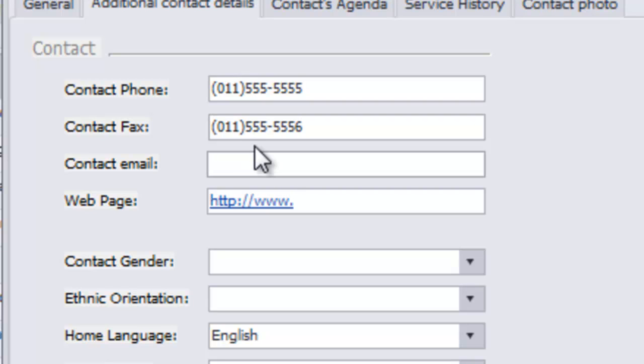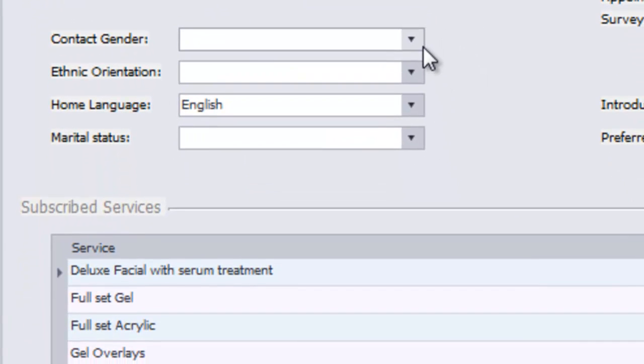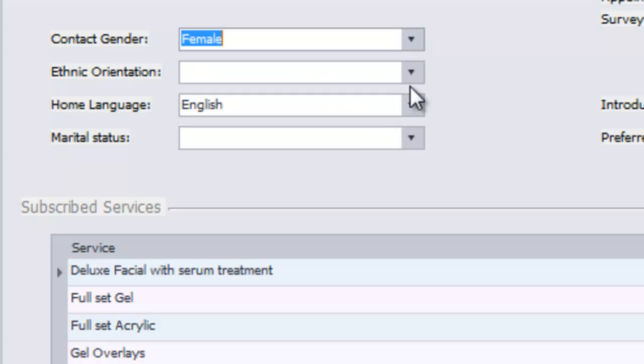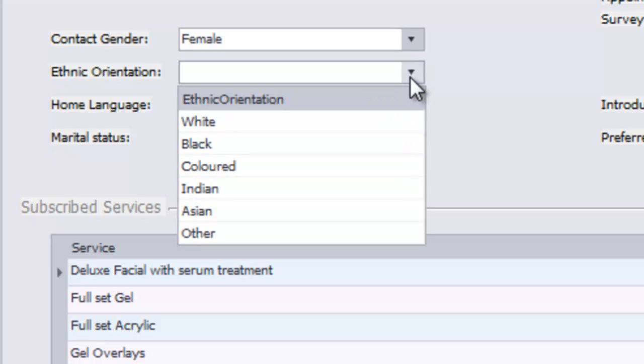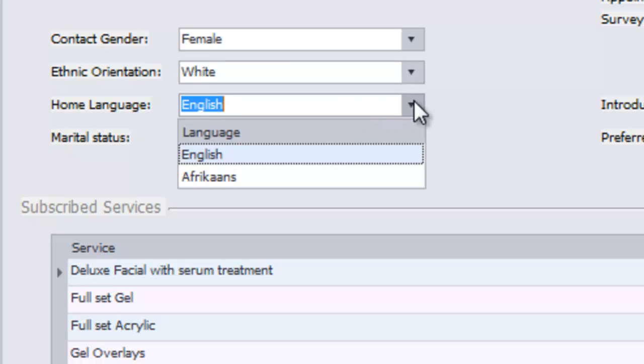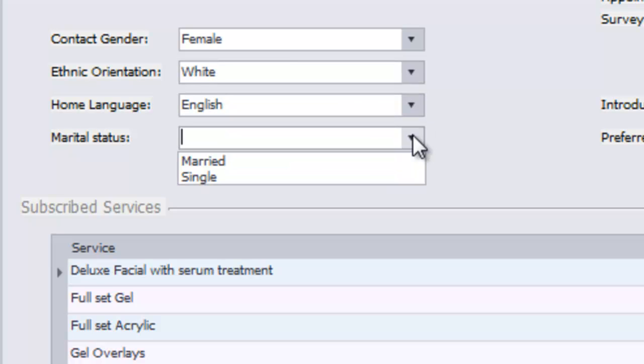I'm also going to collect this client's email address, because we will be tying Salon Studio up to email marketing and to bulk email. So let's pretend that it's gabby@gmail.com. The next thing we're going to do is find out what our contact's gender is. Gabby happens to be a female. Very important to know. I know it's obvious and it's basic, but this is very important for marketing. Ethnic orientation, let's say Gabby happens to be a white lady. She happens to be English, so I'm not going to change the drop down box, and she also happens to